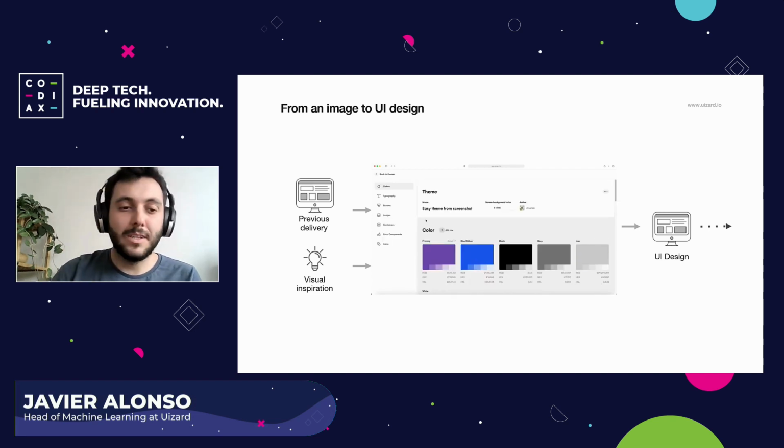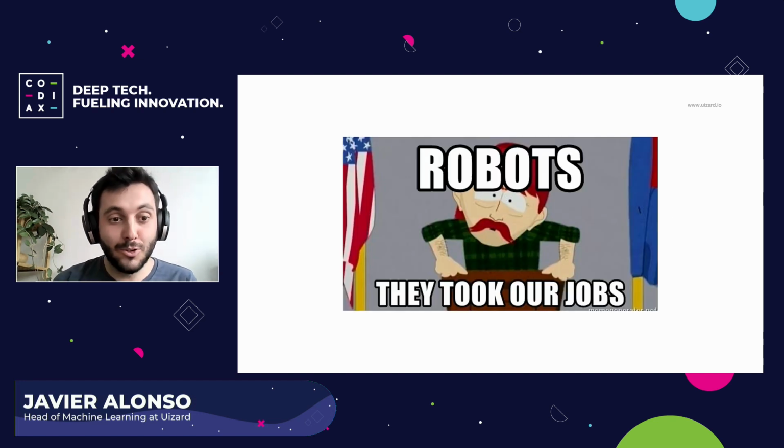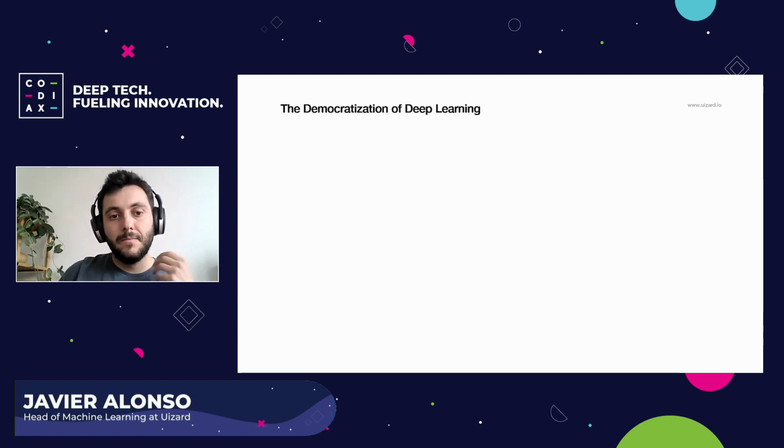And I know what some of you may be thinking. Doesn't that mean that robots are taking over? Doesn't that mean that all of these people that used to be involved in this process will now be losing their jobs? Before you jump to conclusions so fast, I would like to reflect on the advances that we have seen in a field that we are all very familiar with, deep learning. And in my opinion, what we are seeing is a really similar process to what we are seeing in design, and it is the democratization of it.